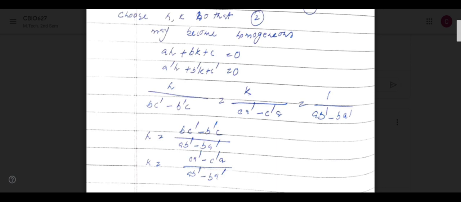So then what will happen? dY by dX will be, with capital X and capital Y, aX plus bY over a dash X plus b dash Y. This is homogeneous in X and Y and can be solved by substitution. Homogeneous means you can consider Y equal to vX. Same way you have to do. I think it will be easy if I give one exercise: solve dy by dx equal to y plus x minus 2 over y minus x minus 4. If I explain this one, that will be easy, I think.